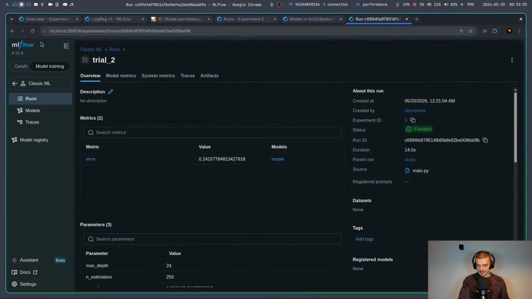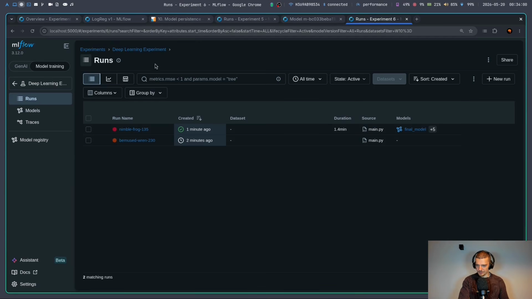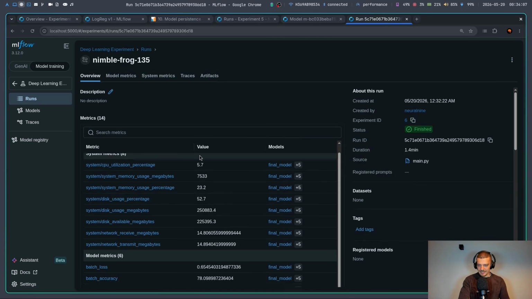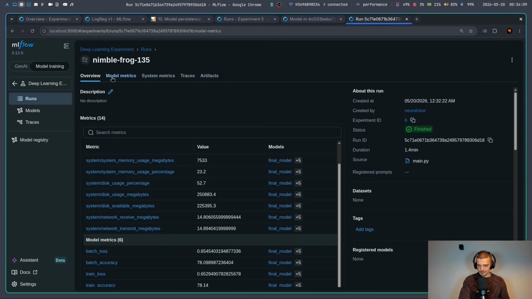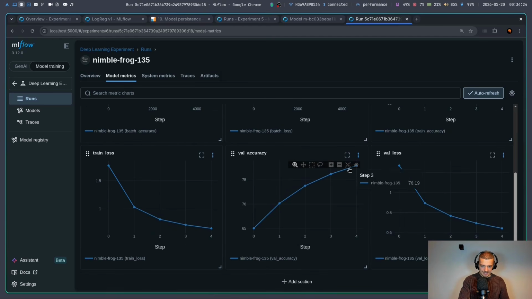So let's go back into our MLflow here. Let's go to deep learning experiment. Actually, I didn't create this one, so it created it automatically. Didn't know that this happens. And here now you can see one minute ago, we had this run. This is the text version, but we can go to model metrics, and here we're going to see nice graphs of what happened. The batch accuracy over time increased a lot in the beginning, then it increases slower. The loss went down, the train accuracy went up, the validation accuracy went up, the validation loss went down. This is a very good sign,